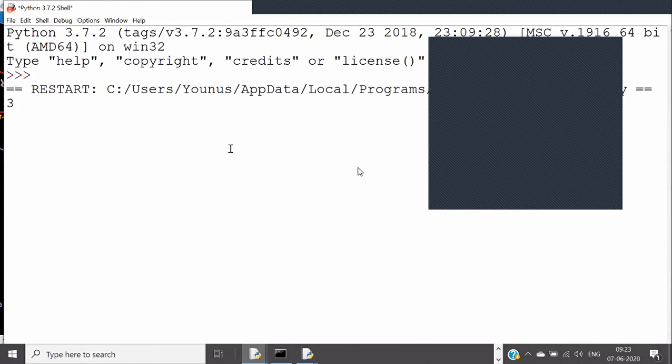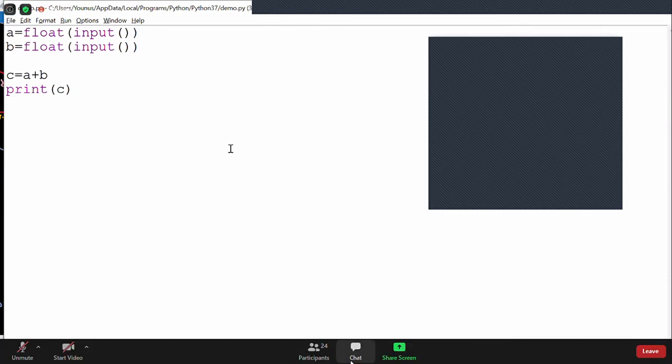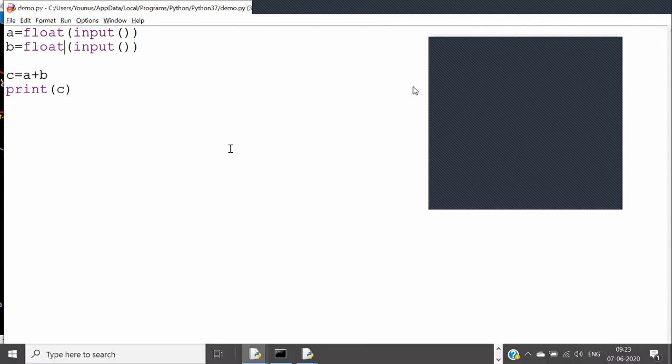Now you see, I will enter 3.14 and 5.67. This time you will get the answer as 8.81. This time I'm not getting concatenated; I'm getting the correct result because I have converted into the appropriate type. So whose responsibility is it to convert to the appropriate type in Python? This is a little headache, but you have to take care, guys. Because to be on the safe side, Python always treats input as string type. Now it is your responsibility to convert into the appropriate type.